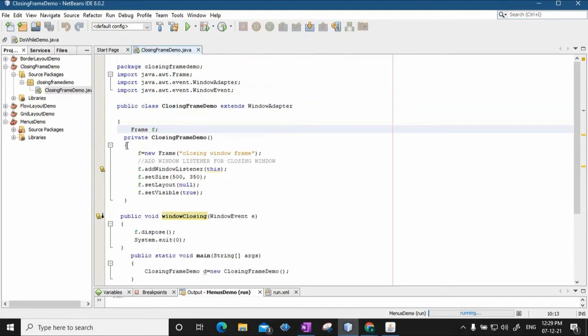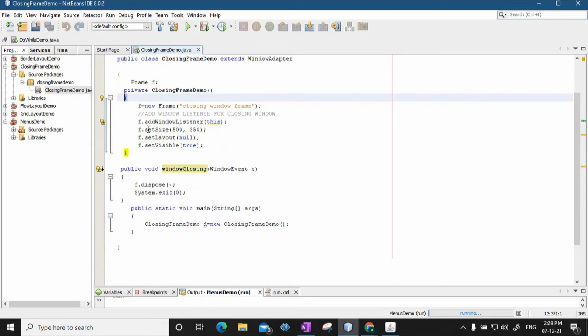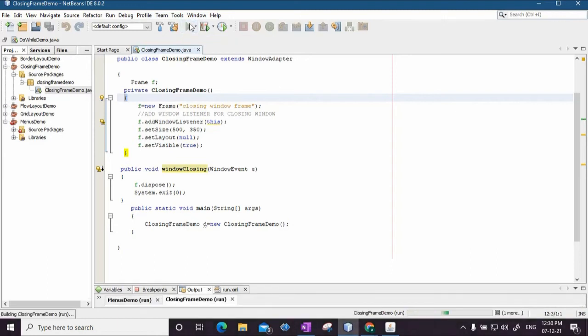Now in the constructor of this particular class, I create a new frame. Using addWindowListener, I am registering a listener object to the frame that I've created. This listener object will listen for the event, and the moment a click event occurs on the close button, it will take the necessary action. And what is the action? The action will be this windowClosing. So the moment the close button is clicked, it will take the action f.dispose. That means the particular frame that we are seeing will be disposed. It will not be seen, and System.exit will exit. So I run this.